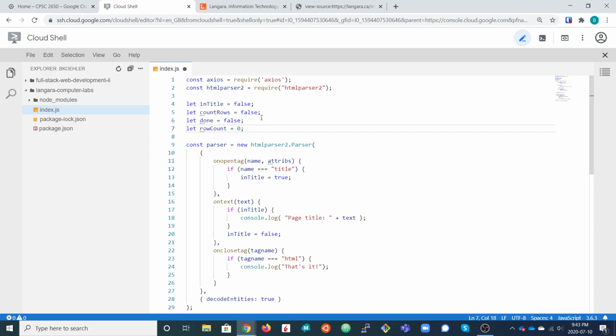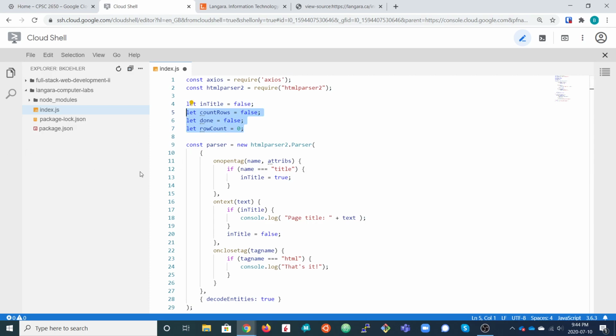We're only interested in the first table that has the computer lab information, and so we also have a flag or a state variable done so that we don't process the data in any of those other tables. And then finally, the third state variable we have is row count. So when we are in the correct table and we are counting rows up, we need to keep track of that somehow. So those are the 3 extra state variables that we're going to need.